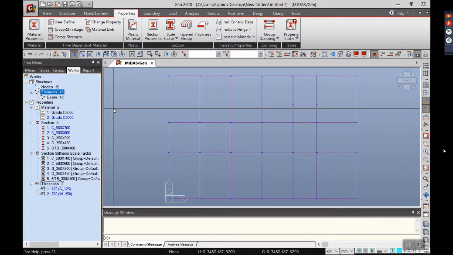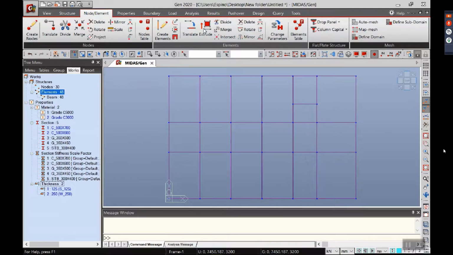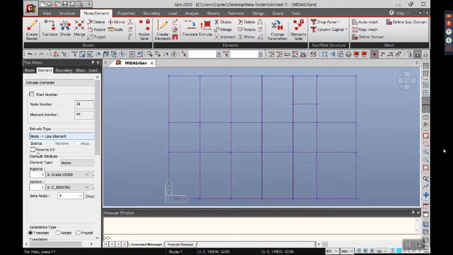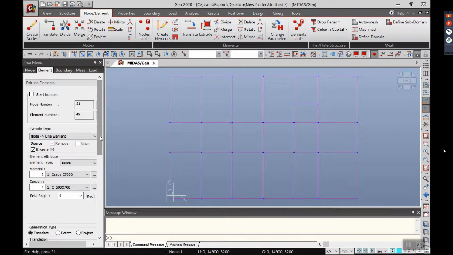After assigning the beams into our model, what we will do now is to create our column. So how do we create our column? To create our column, there is an extrude option that you can use in Midas. So in the node to element tab, I will reverse the I to J, or the starting point to end point, and I will just select the C5000 with the section of C500 by 700 with a beta angle of 90 degrees. So I will rotate it by 90 degrees, but